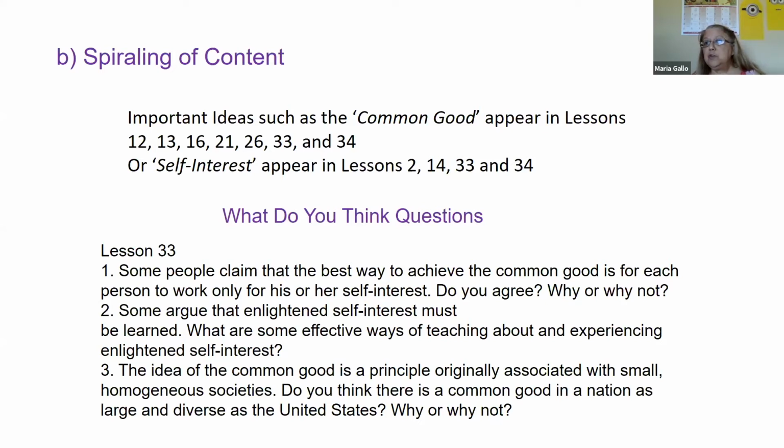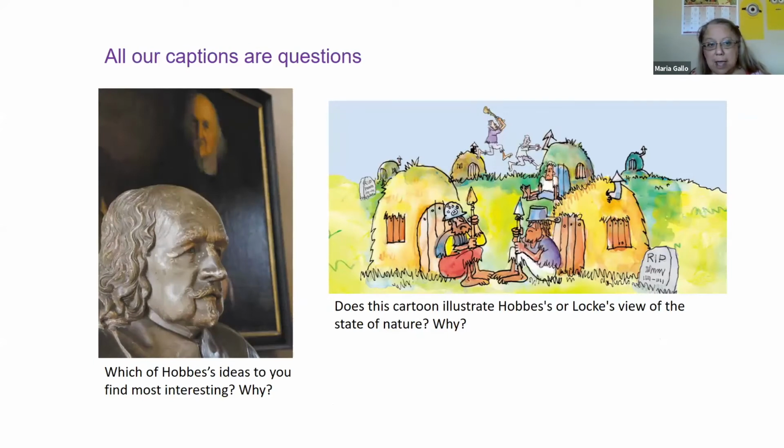You have actual conversations, discussions, and so the what do you think question really does rely on students knowing what the words common good and self-interest really mean in order for them to either agree or disagree or talk about effective ways of experiencing enlightened self-interest. All of that comes into play. And so I think it's very important, whether you are looking at our